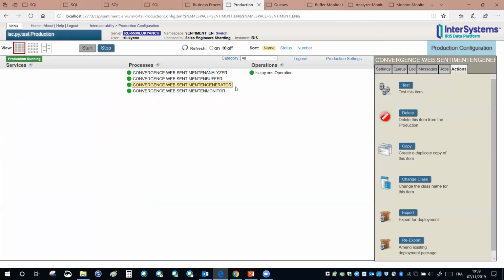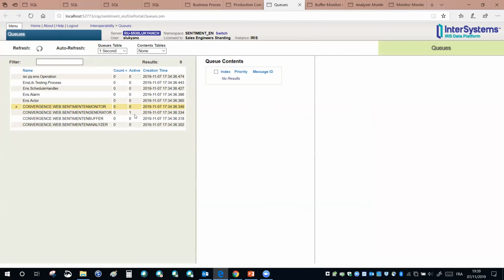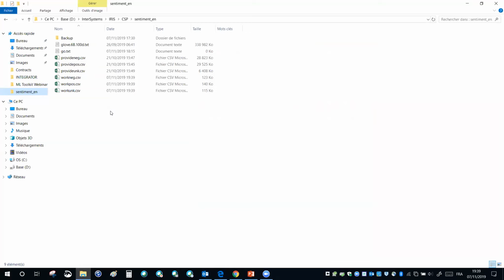And I don't need to follow it anymore because this is a perpetual process that will be working permanently now. I have a queue monitor here in the system in the IRIS platform that tells me that the generator is working fine. To check it, I go into my working directory, to my file system, and I see that out of 3 big sources of input data, it has taken 3 chunks of standard size and generated three input batches that are waiting to be buffered into my agentized system.